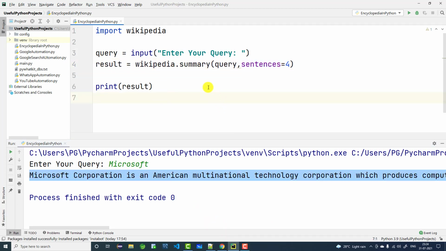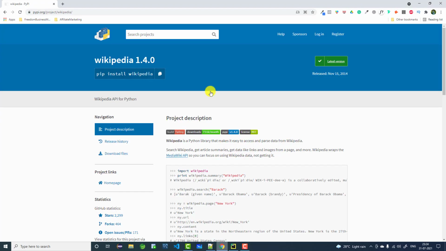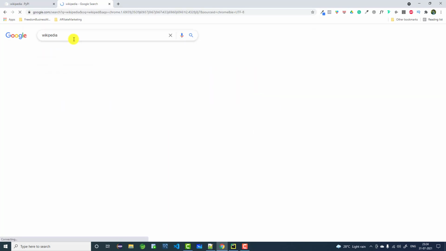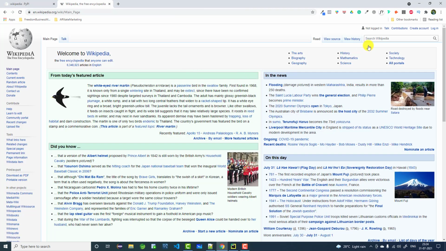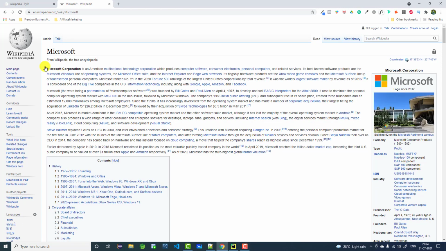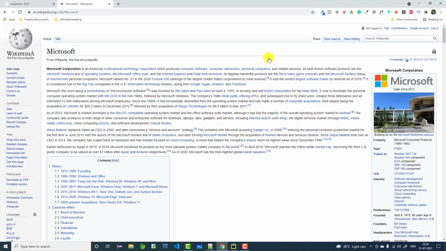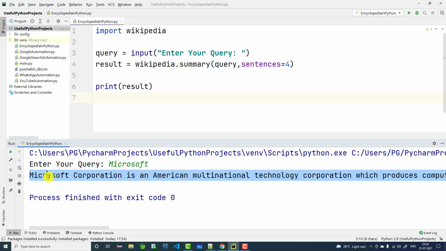Now if I open Wikipedia and search for the keyword Microsoft and press enter, you see the same details have been fetched here. So Wikipedia contains these details, and they have been fetched by our program and shown on the console.